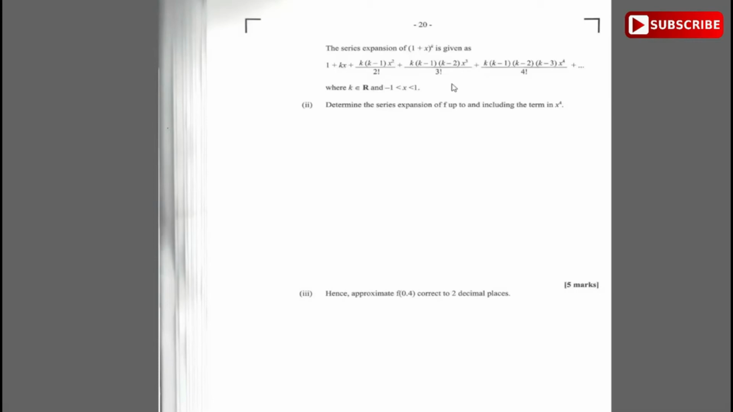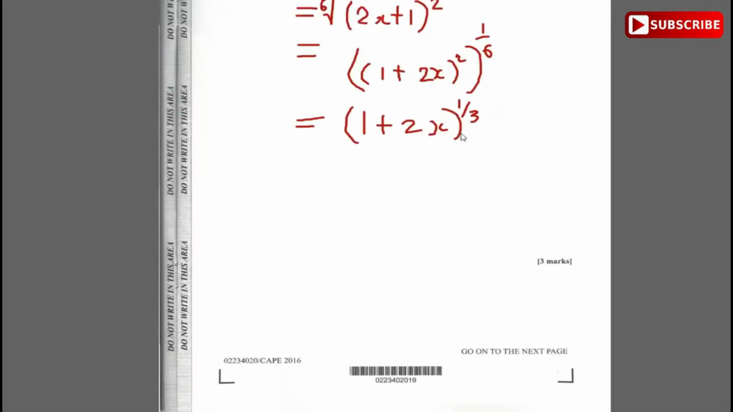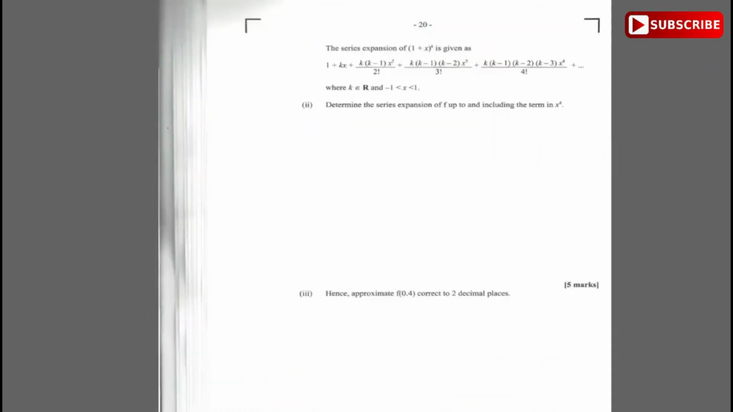It wants the series expansion up to x to the 4. But in this case, all we're going to do is replace x with 2x and k with 1 over 3. That's all we're going to do. All right. So we rewrite and determine the series expansion for f of x. f of x is going to be equal to 1 plus kx. k is 1 over 3, x is 2x. So it's 1 over 3 times 2x